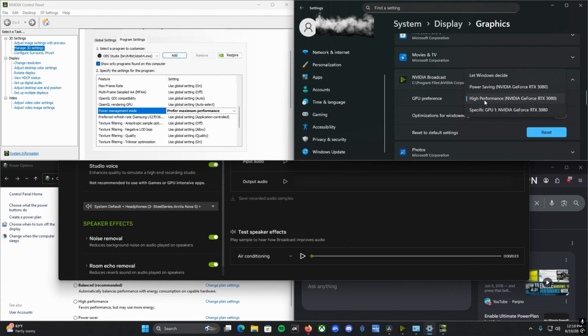You will set it to high performance, and this will allow the app to utilize your GPU to the highest performance possible while the app is active. When the app is not active, it's not going to be using anything. Now, keep in mind,